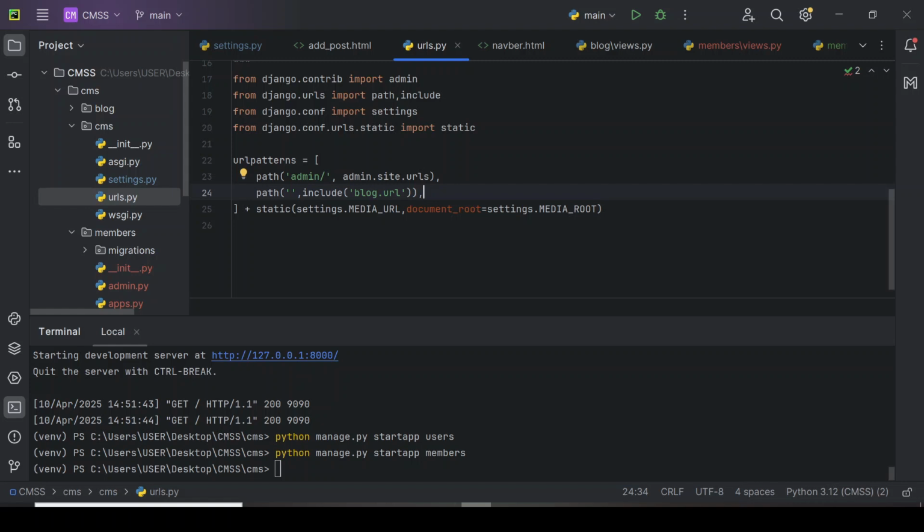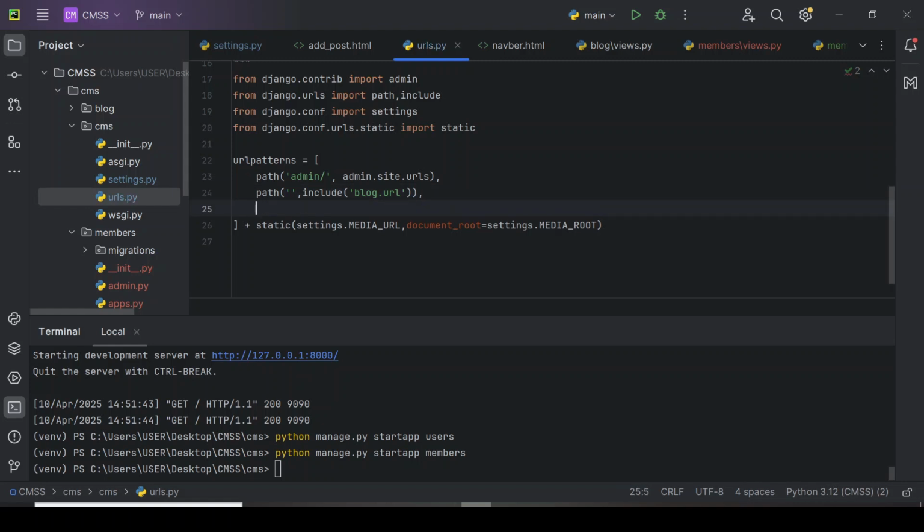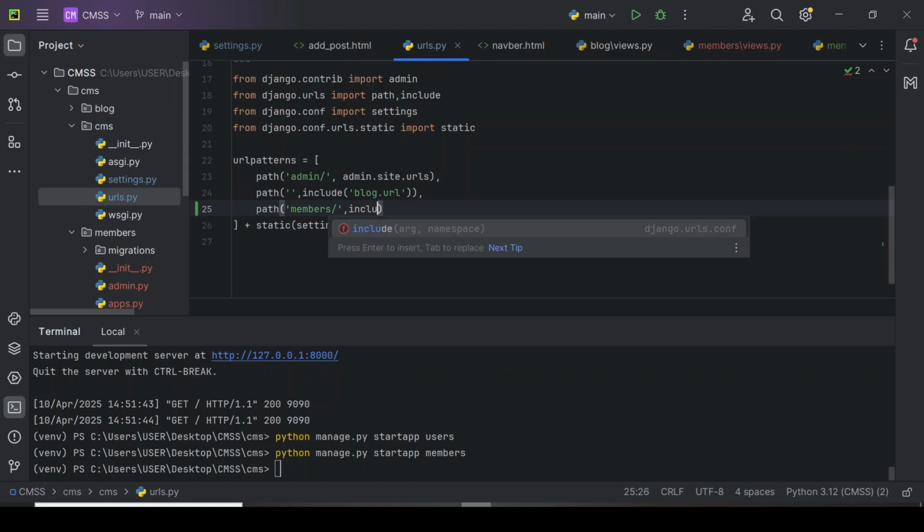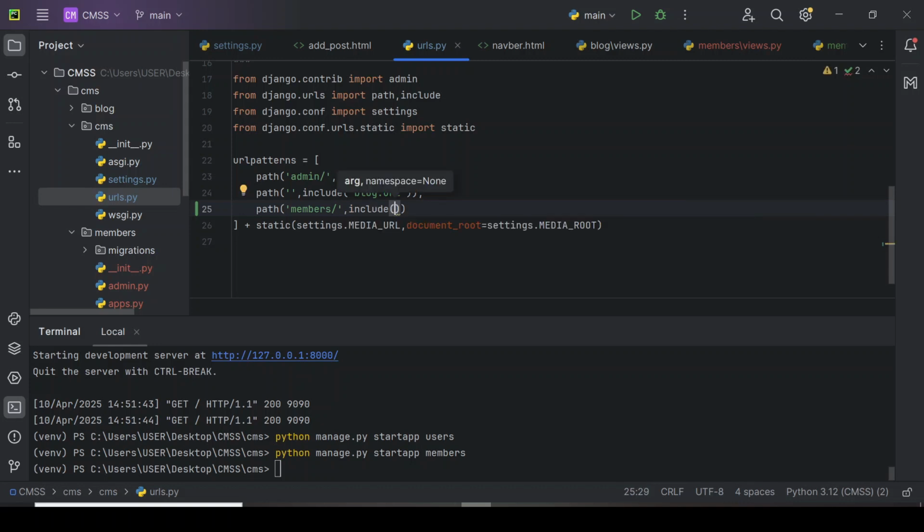So in our urls.py here, let's just say path, and let's call this members because that's what we named it there. Members. So now, as we always do, include. Initially, I know you'd be expecting me to just write members.urls, but this time, because I want to make use of our inbuilt Django authentication, I'm going to say it like this: